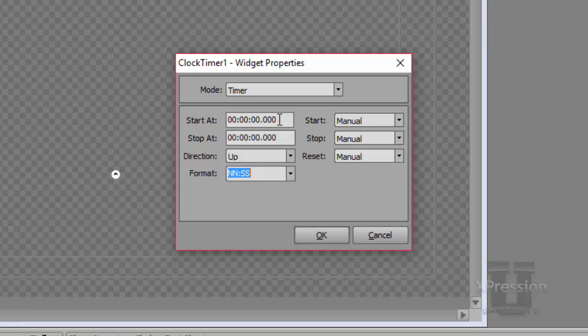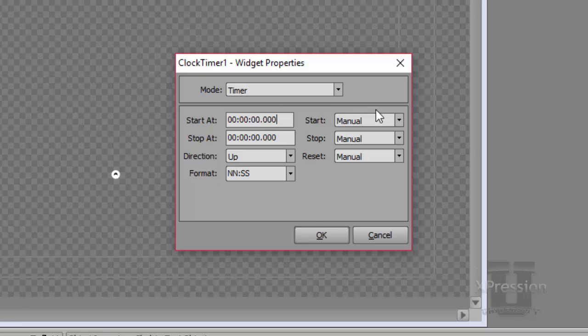And I could choose a countdown. For example, if I wanted this to be a basketball game where maybe I'm doing 15 minutes, I would enter that and I would change it to a countdown. But I'm doing a soccer game which starts at 0, so I'm going to say up, and I'm also going to change my settings to being zeros.